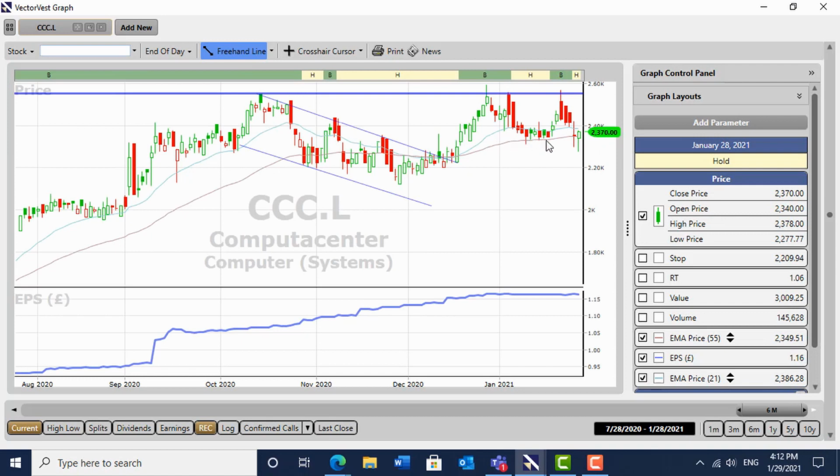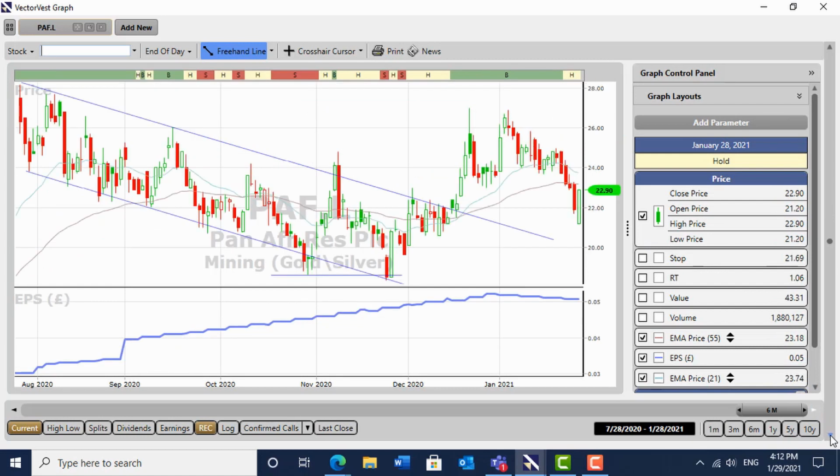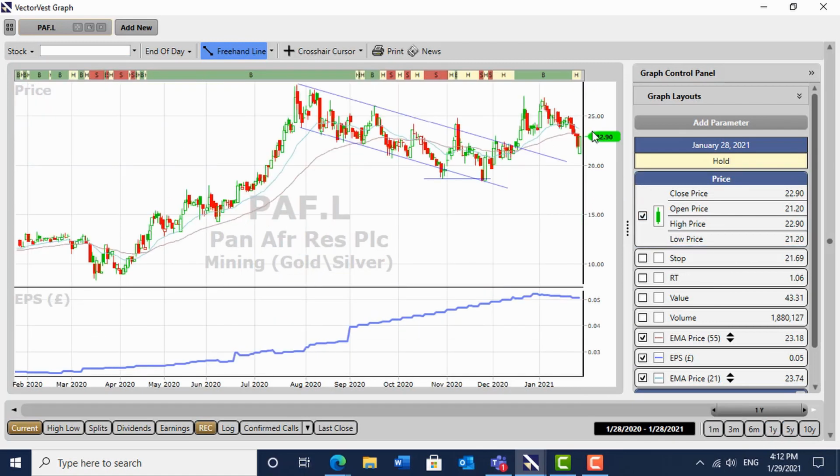Again, this could be big here because we could have a spring formation here on CCC. Found support here. Today's quite negative in London. We have to be careful. The market's heading down, but that's pushing on all-time highs. That's Pan-African Resources, and the gold price has rallied this afternoon with the Dow, S&P, and this is still pulling back to this old top,